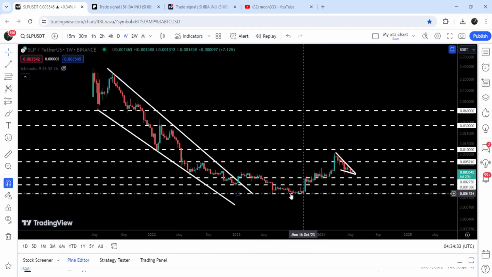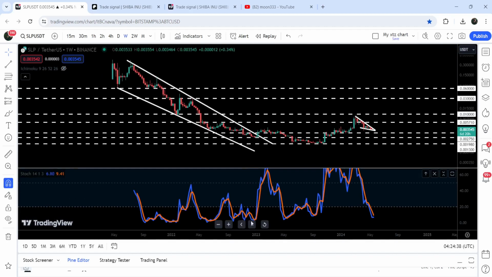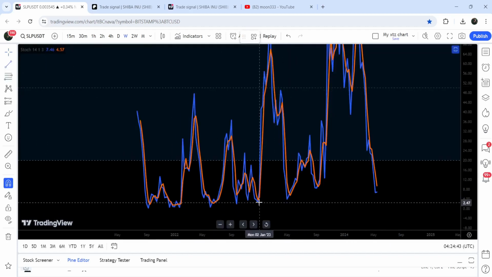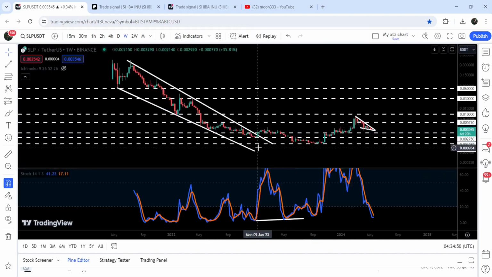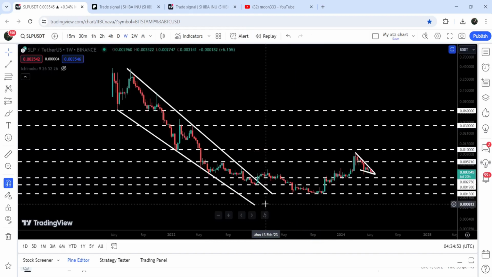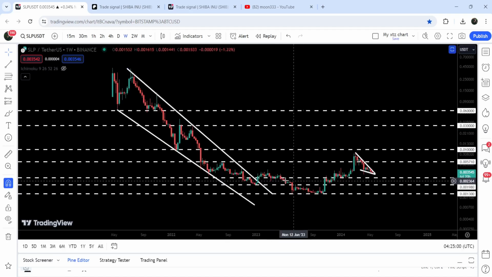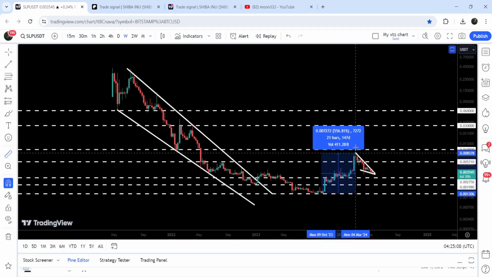And when it was moving down at this support, at the same time you can see that stochastic was moving up and forming a slightly higher low than the previous low. You can see that it formed this low here, and the next low it formed slightly higher than the previous one. At the same time, if we take a look at the price line, it formed this low here, and the next low it formed lower than the previous one. So there was a very big bullish divergence on this chart, and the price line followed this bullish divergence. And so far, from this low to here, it has recovered more than